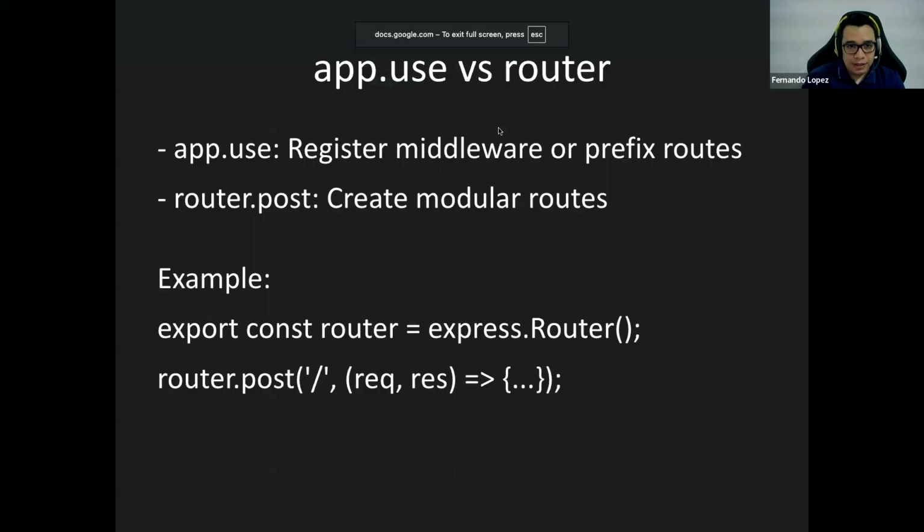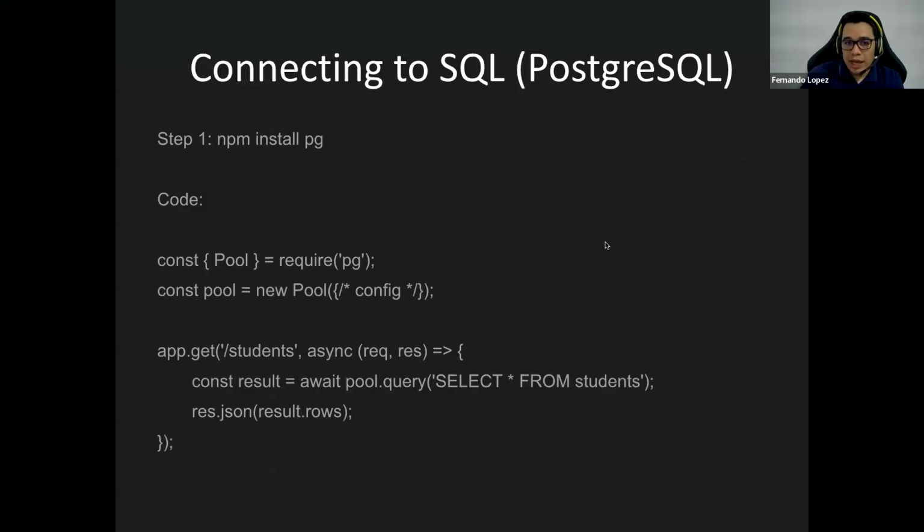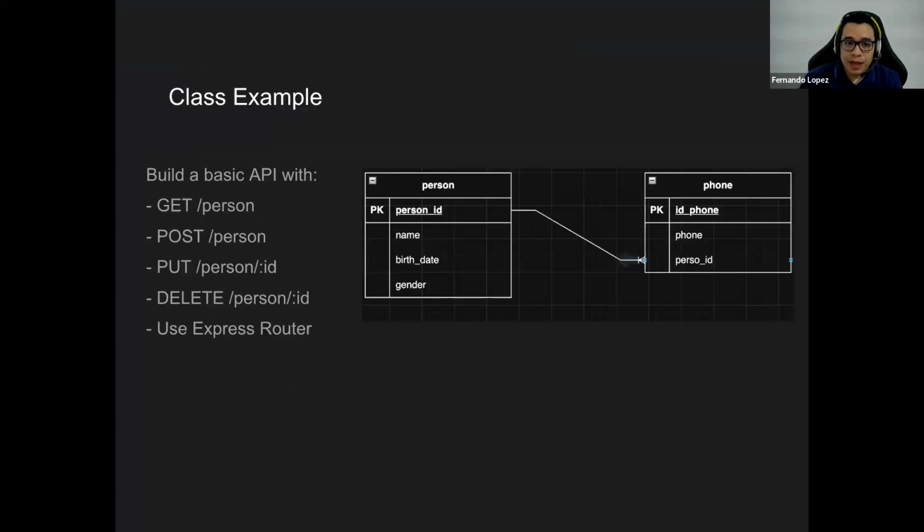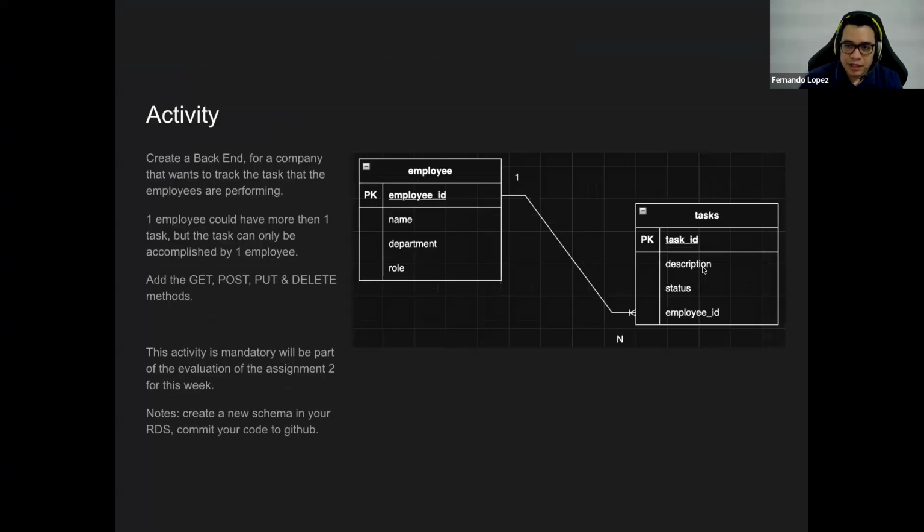Now we understand what a backend is. I have created an example that could work if you want to create an app for saving the contacts of someone, okay? And this was the example that we accomplished today. The persons with the phones, okay? I have a mistake here, but you understand that it's a person ID, right? It's not a problem.